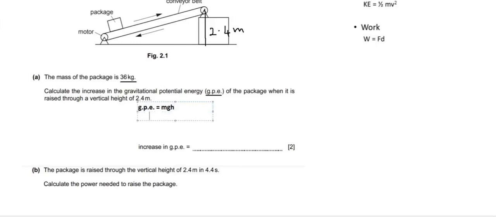Here the value of the mass is given, that is 36 kg, multiplied by g value, we take 10 for simplification, and height, that is 2.4, is already given. So we are getting roughly the value of around 864 joule. 864 joule is coming out. So 2 or 3 significant figures are okay. So 864 joule I will write down here again, so that you will get the full marks. If you forget